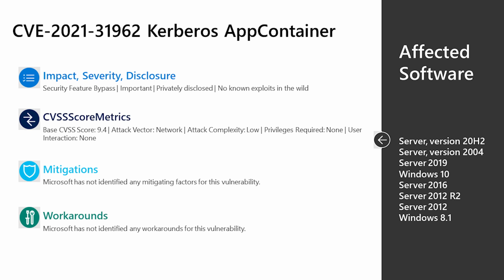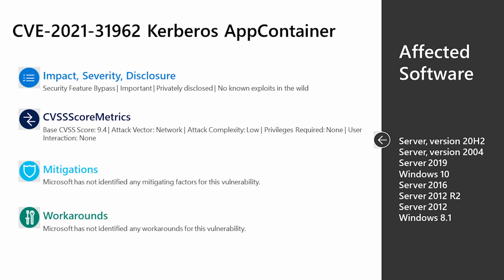Base score 9.4 out of 10. This is our highest rated vulnerability this month. So anything that talks about having a bypass of a major security protocol should be cause for some alarm, and this is no doubt that scenario. So please prioritize patching this month, if nothing else, then for this vulnerability here, which affects not only server